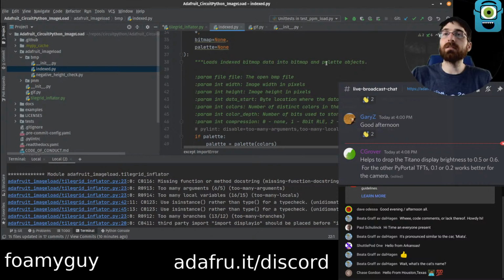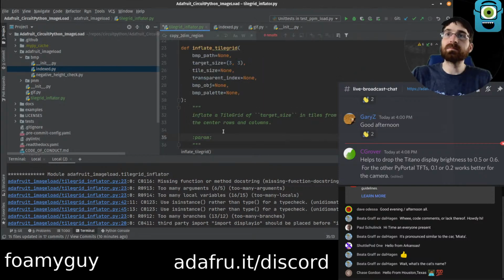Type param type name. So BMP path is going to be a string, BMP path. Let's see, file path to the 3x3 sprite sheet bitmap file.